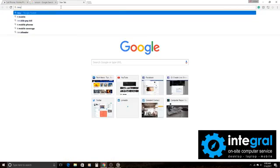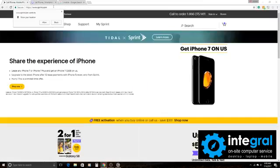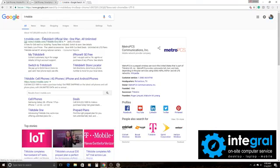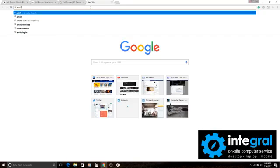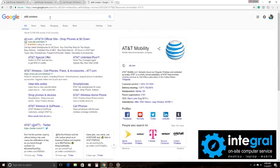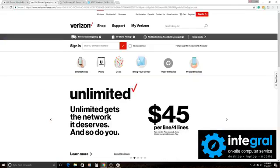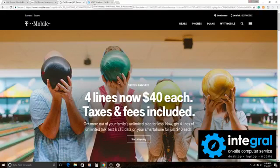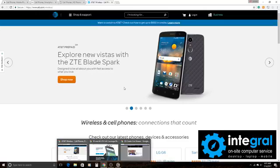and AT&T have options where you can call them to find out how to set up your iPhone or your Android phone to connect to your home Wi-Fi system. It's just as simple as calling your cell phone provider and saying, hey, I want to use my cell phone via my Wi-Fi connection because I have a weak signal. So regardless if you've got Sprint, Verizon, T-Mobile, or AT&T, you can call them and say, let me use my Wi-Fi connection in order to connect and get a stronger cell phone signal